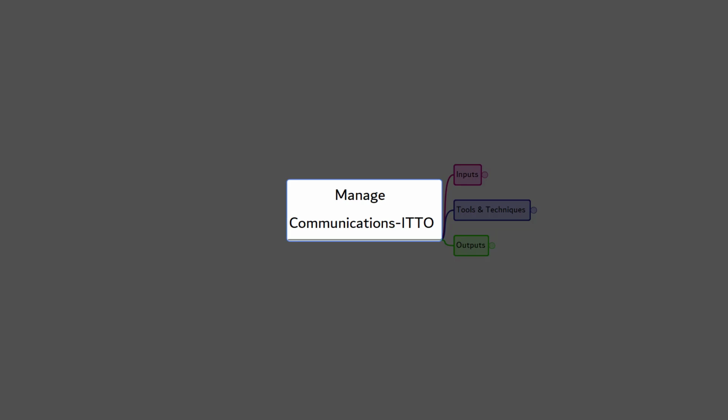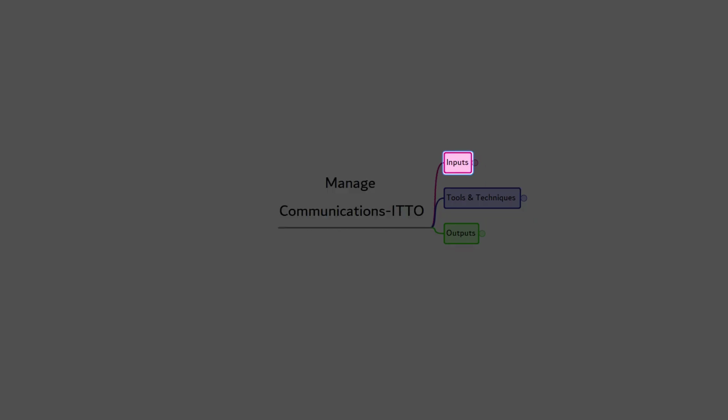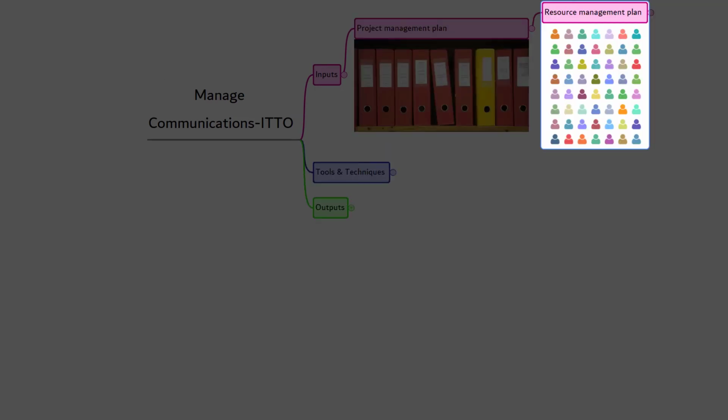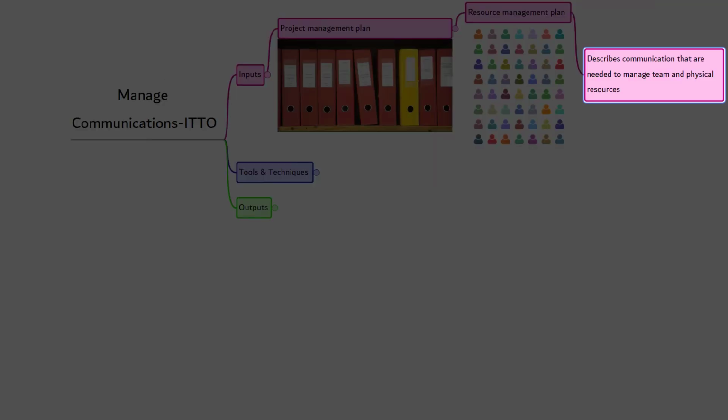All right, it's time to discuss the ITTOs. First, the inputs. Project management plan is the first input. There are three components of the project management plan here. Resource management plan. The resource management plan describes the communication that is needed for the management of team and physical